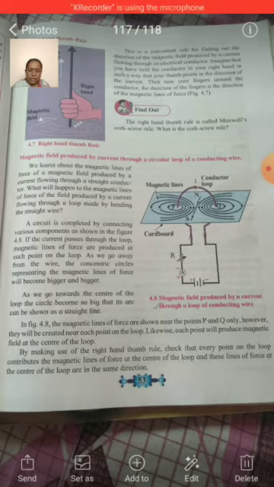This means that if there are n turns in the loop, the magnetic field n times of that produced by a single loop will be created. It means that when there is a single loop and we pass the current through it, it produces some amount of magnetic field, and when the turns of the loop are increased, then the magnetic field also increases in the same times. However many loops there are, you can multiply it, and you can find that amount of magnetic field produced in that case.